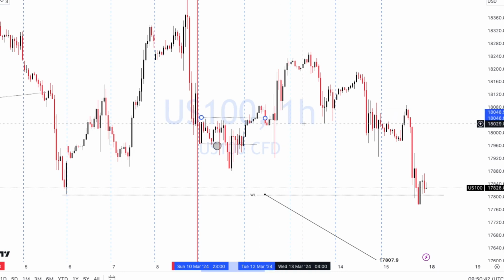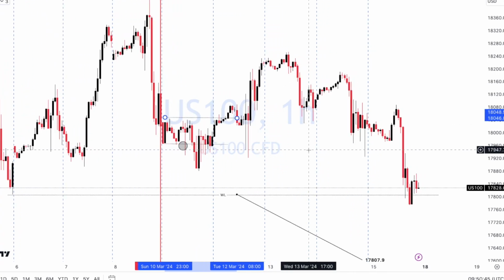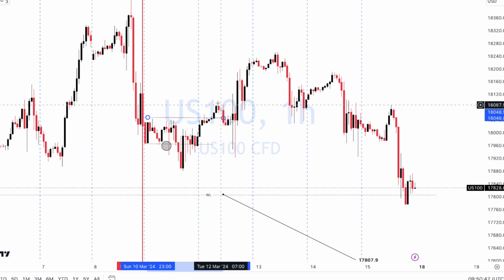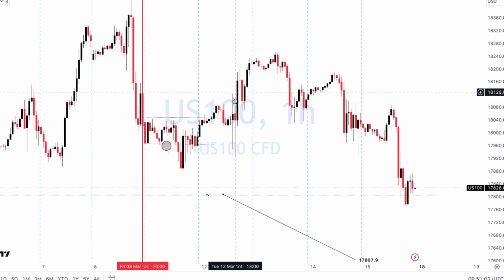So then I'm now waiting to see what I'm going to do. On the Tuesday, what I basically do is I wait to see what price does. And then price takes out this swing high on the Tuesday, right? So it took that out first and then it came down. It came in, whipped through, right? So I went onto the 15-minute and saw that it had whipped through, and then on the second hour it's now flown all the way down, right? What I basically did was I hopped in at this level right here